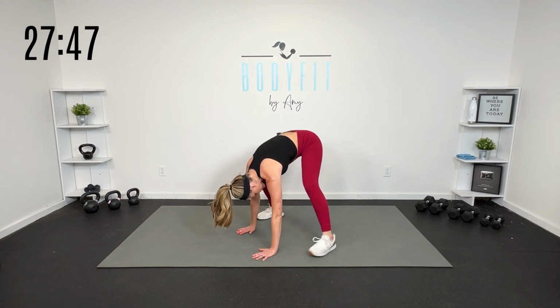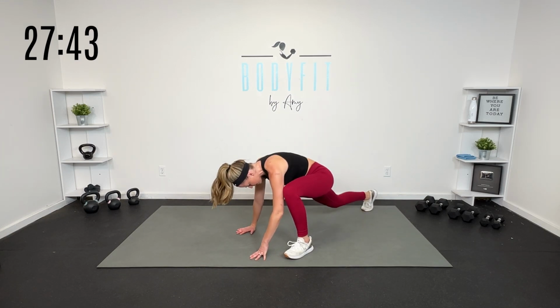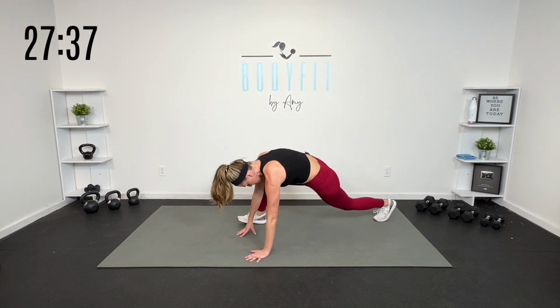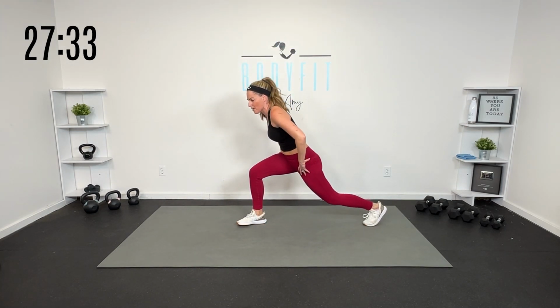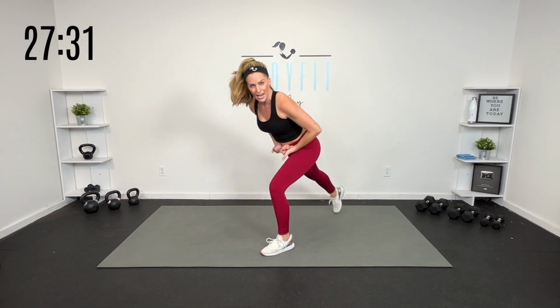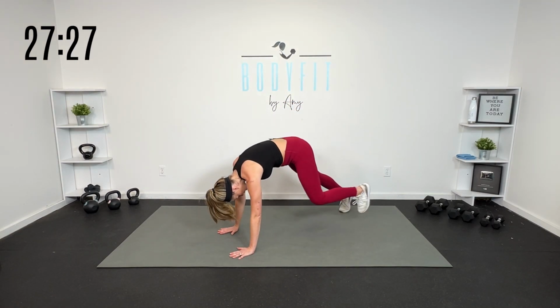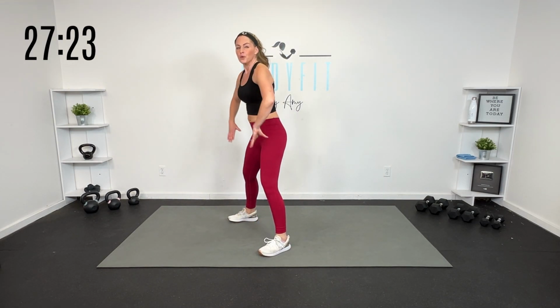And then from here, if it's good, walk it back into that high plank and then walk it up. Come all the way up. Let's take it here. Open up the hips. You got it. We're also getting the core warmed up and ready to go. If that's not right for you, you can just tap it back, open up the hips, tap it back, engage the core. So, 45 seconds of work, 15 seconds of rest, then we go right into round 2, which is